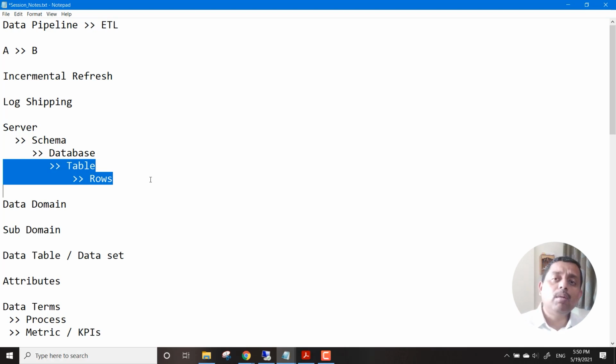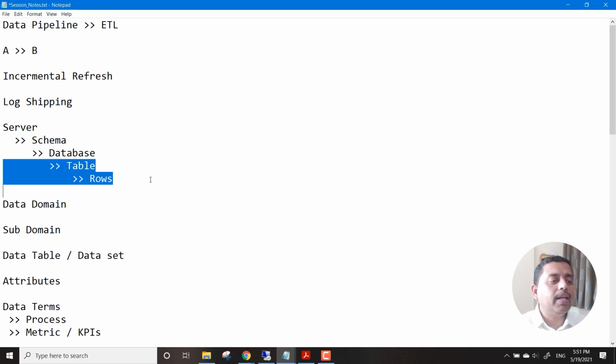Remember we talked about the 4 V's in the previous modules. So the volume and the velocity are the determinants of what kind of movement the data pipeline should have.